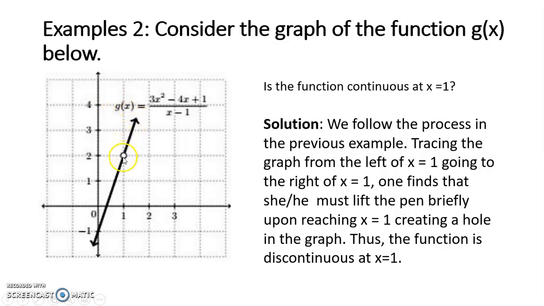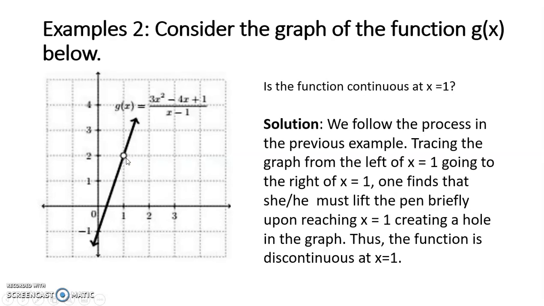So, balikan natin yung graph. Ito yung x is 1. Ito yung left side niya. So, the part of the graph at the left of x is 1 is this. Now, at the right of x is 1, this part, the part of the graph at the right of x is 1 is this. So, if we trace the graph from the left of x is 1,